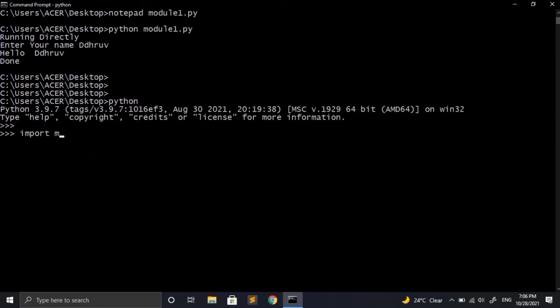For importing we have to write import module1. As soon as the module is imported, nothing is printed. We didn't get any output, and it was the expected output because when we import a module, it shouldn't run automatically. But if I check the name of module1 using the __name__ variable, this time it will show module1.